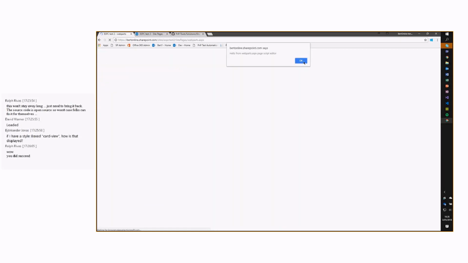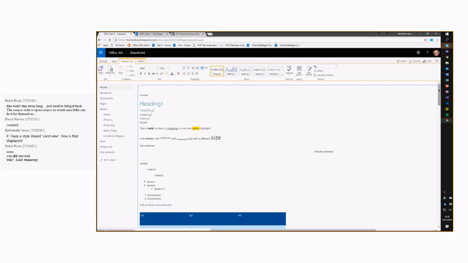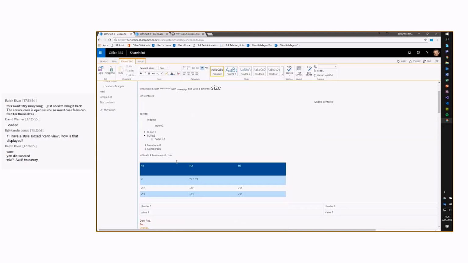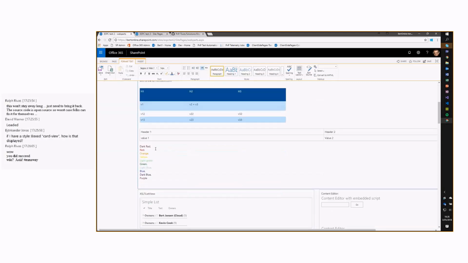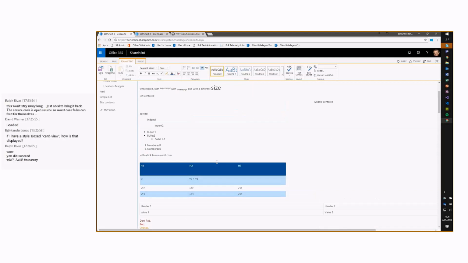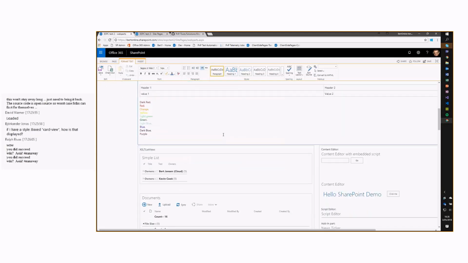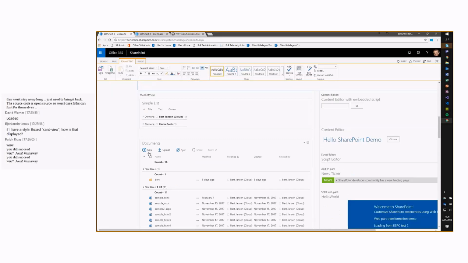It has a default script editor web part, saying hello from webparts.aspx. Then it has wiki text with headings, highlights, formatting, sizes, left and center alignment, indenting, bullets, tables, another table, colors. So the most commonly used formatting options in the wiki text are here. Scrolling down, we see two list view web parts, a basic list and a documents library, each having